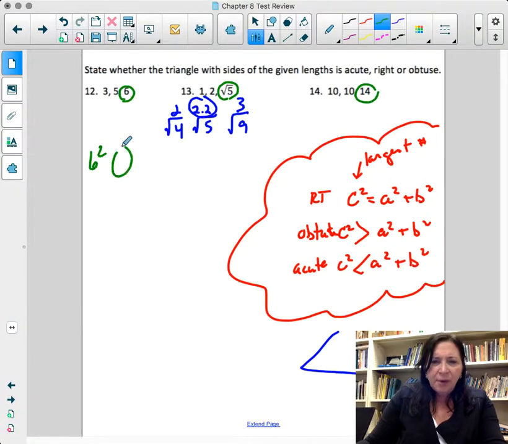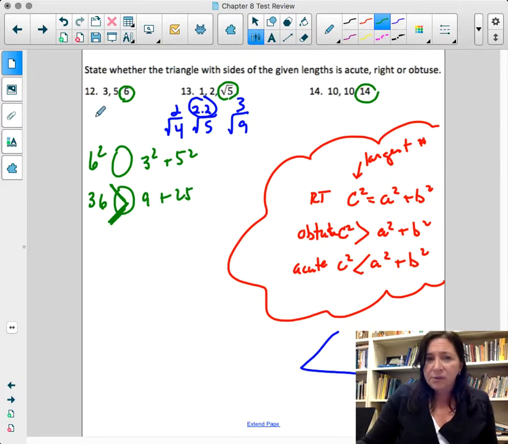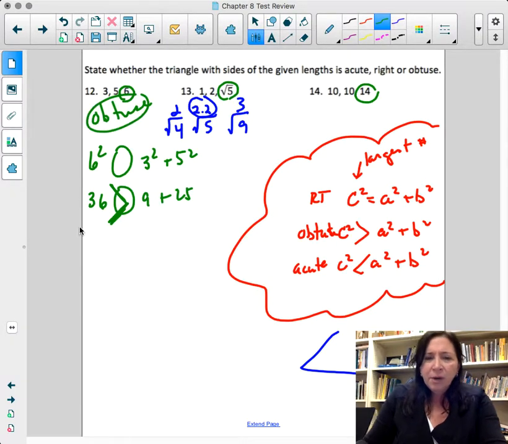Is that greater than, less than, or equal to 3 squared plus 5 squared? So that actually is what? 36 greater than, equal, or less than 9 plus 25. 9 plus 25 is 34, which means this is bigger. So this one is obtuse. Okay? Now this one, we're going to go,